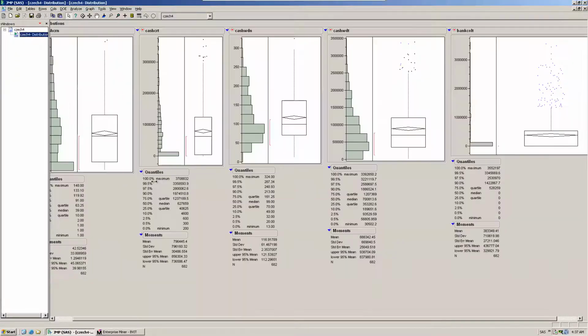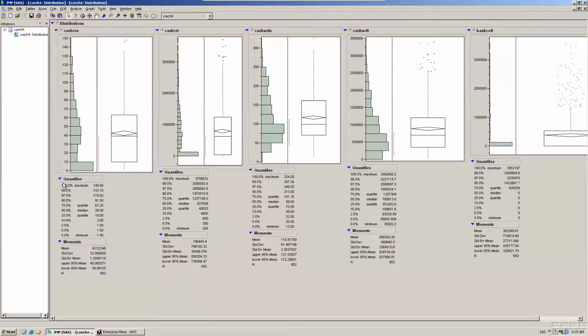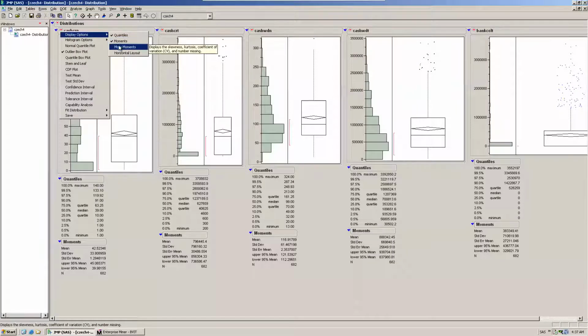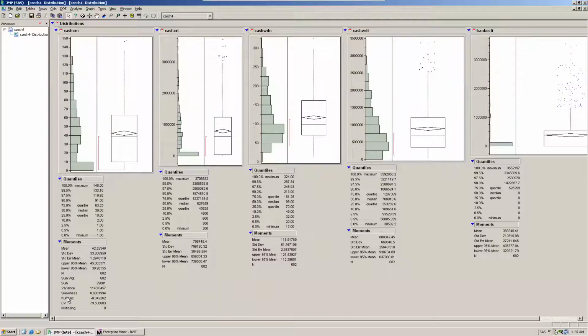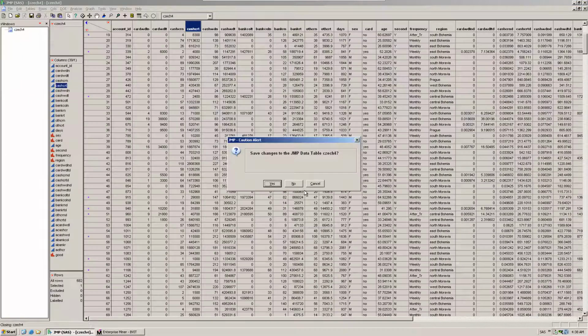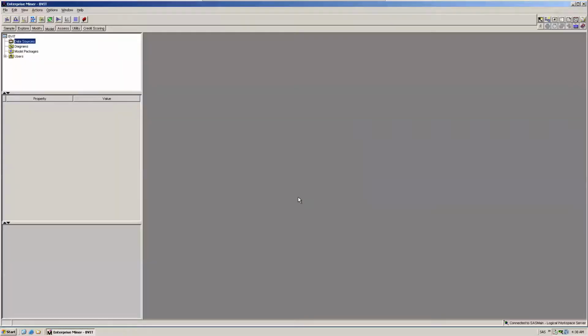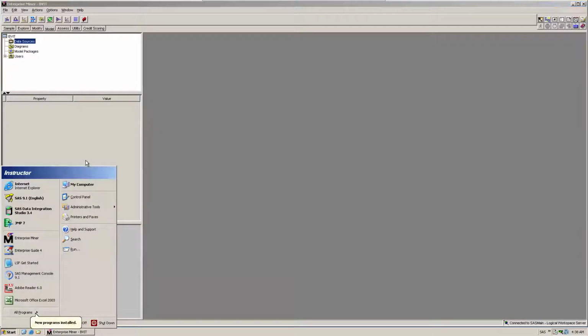You see it again. It is showing the percentiles, mean, mode, median. If you want more and more calculations, you can go for more moments. The more moments are kurtosis, skewness, CV, variance, and all. Those are all helping in validating your data. Now I'm closing this tool. Still, my RapidMiner is live.